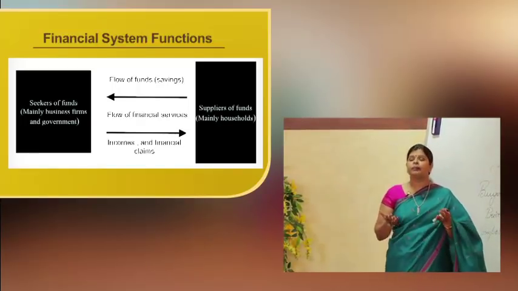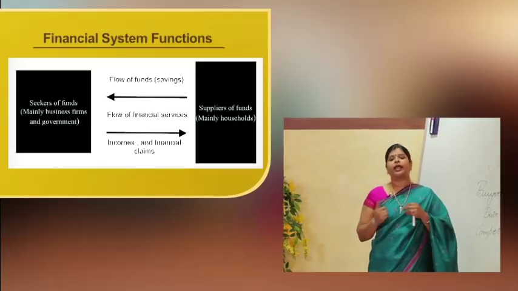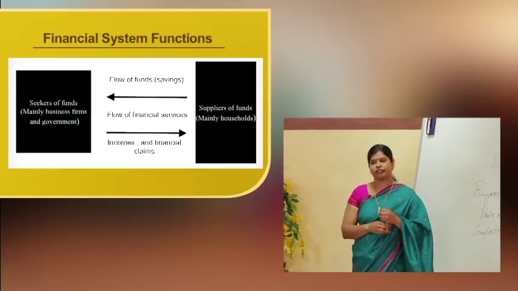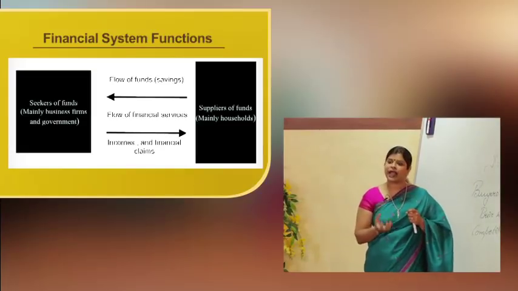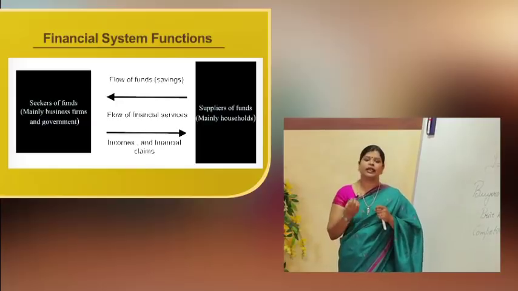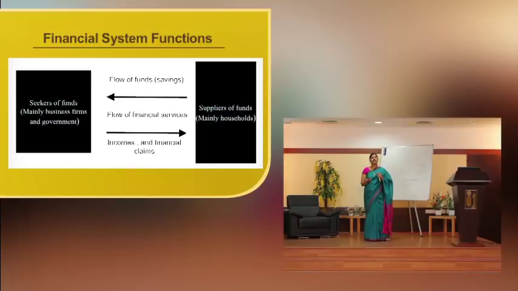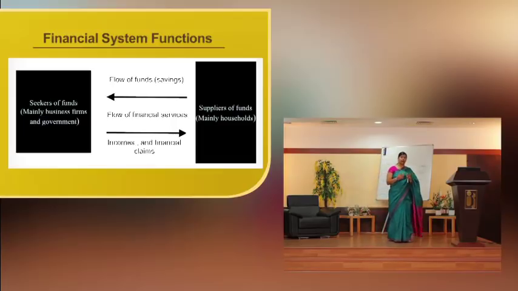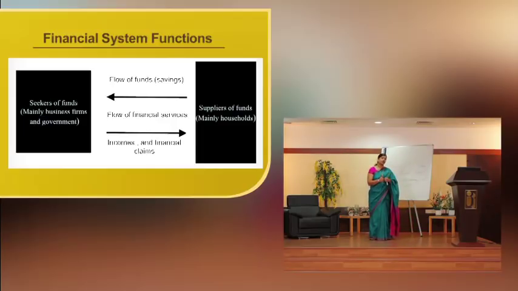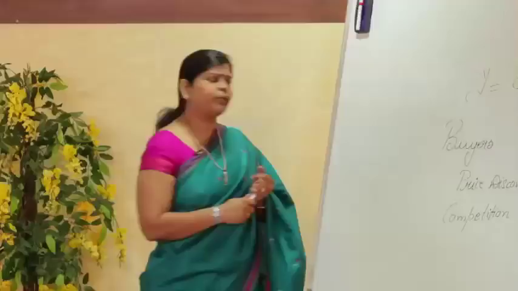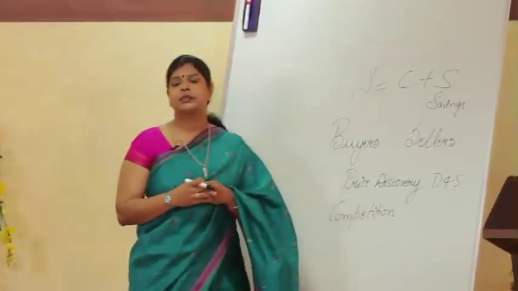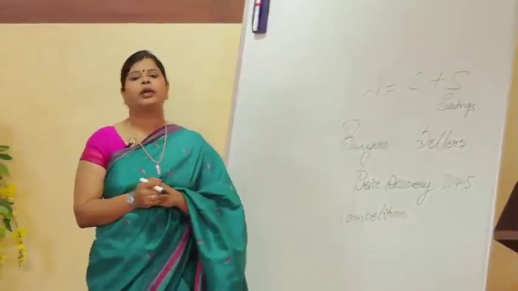There will be a platter of goods and services that will be made available by the seekers to the suppliers of funds. Why? Because I need to attract the suppliers with some gamut of products or services which will help them take a decision as to what will be the right choice for putting their savings into, because it is a hard earned income. Friends, when it is a hard earned income, I would always love to put it in such a place where I am pretty sure about the returns, I am pretty sure about the principal coming back to me, right? So I am not only concerned about the returns, but I am more concerned about my principal,